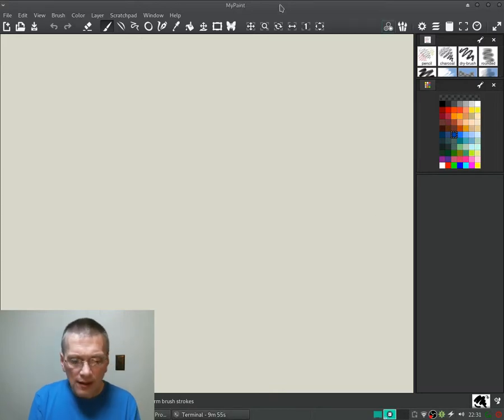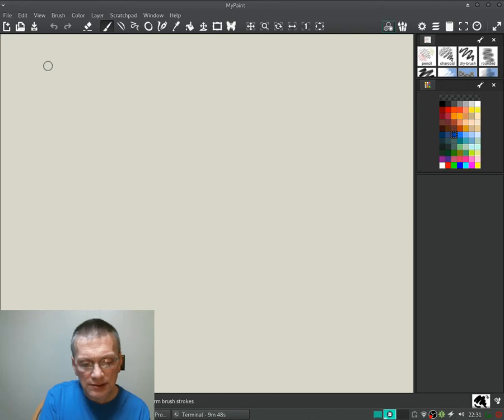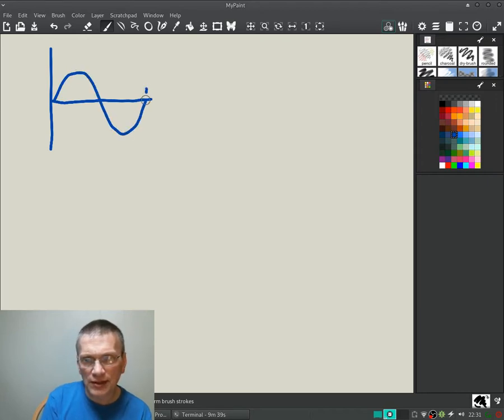Alright, let's take a look at the inverse trigonometric functions. So I'm going to start off by drawing our usual sine function, the first period of it, and for any x value, we can get a y value. Now remember, an inverse function works the opposite way. So we take a y value and it gives you an x value. So the thing about periodic functions, if I draw this very small,